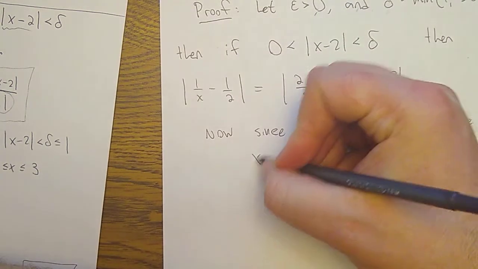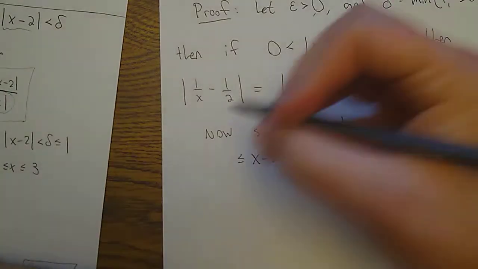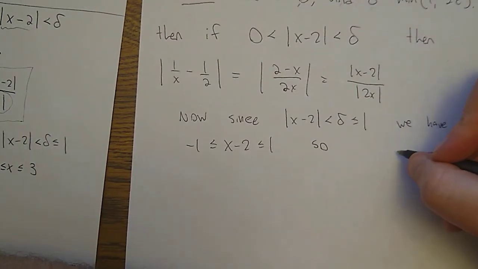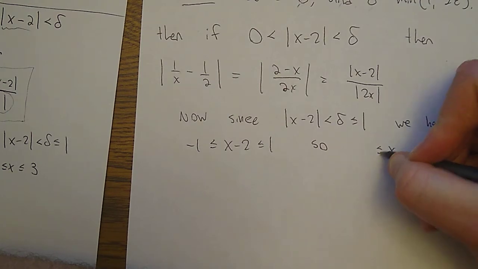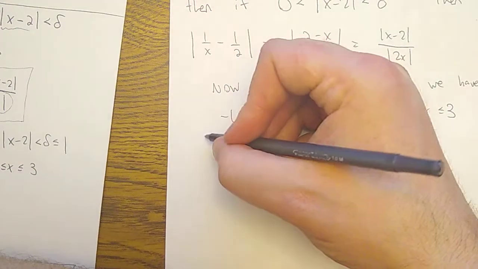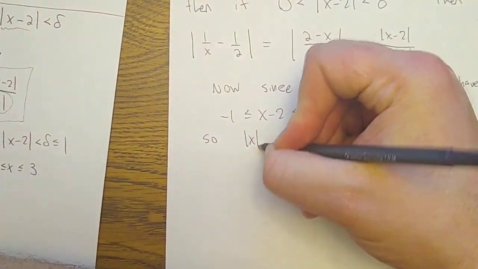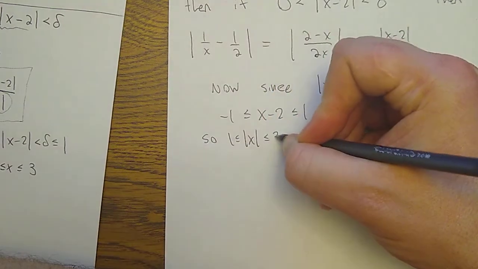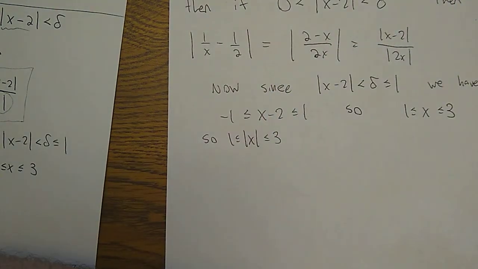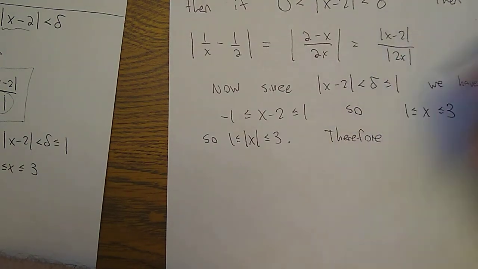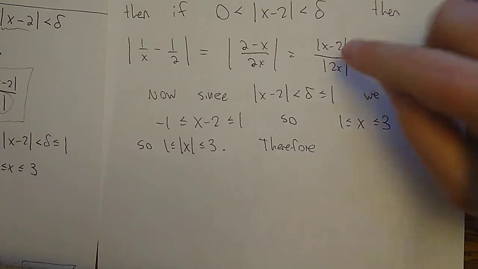We have x minus 2 is between -1 and 1, so x is between 1 and 3. So absolute value of x is between 1 and 3. Therefore, this thing